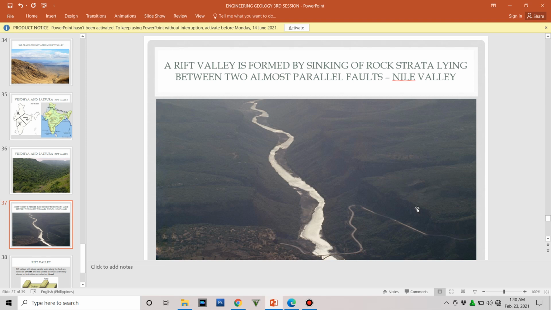So this creates a northward slope on which the Nile still runs until now. Okay, so those are examples of rift valley from orogenic